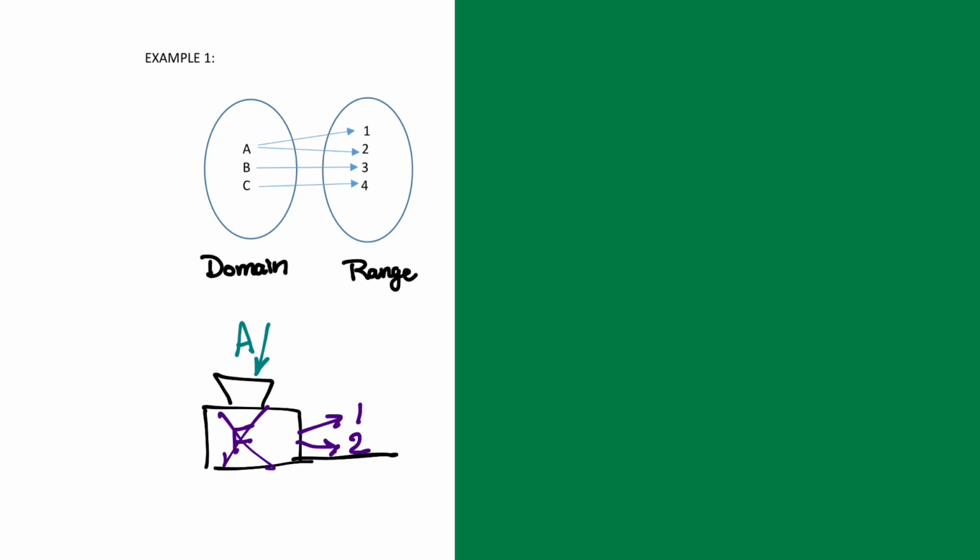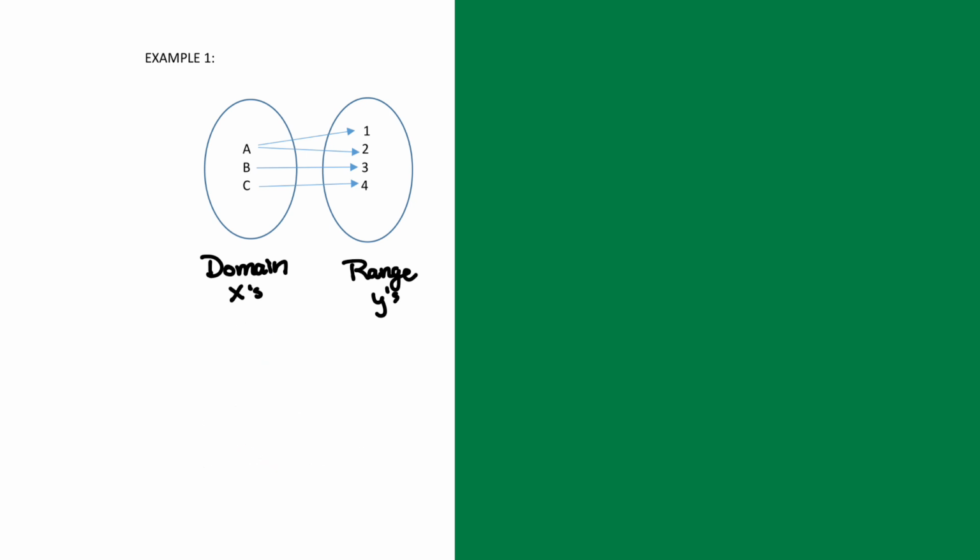a function. Okay? All of these words may seem weird, but once you hear them long enough, they're going to make more sense. Okay? I'm showing you what to look for, but I'm using the correct words. There are other words that you can use. This could be your X's. This could be your Y's. Let me erase our little box. This could be your input. This could be the output. Any of those words on that first page of definitions. You could just say in and out. It doesn't matter. Okay? But